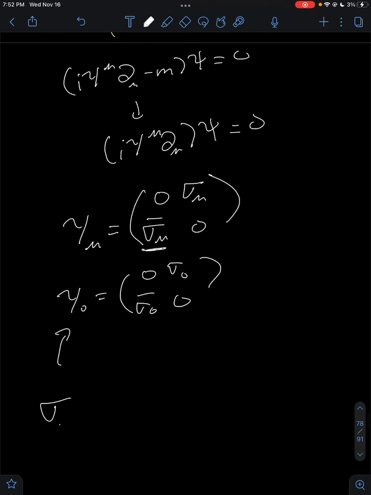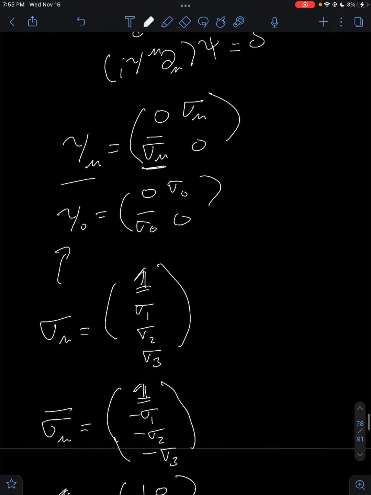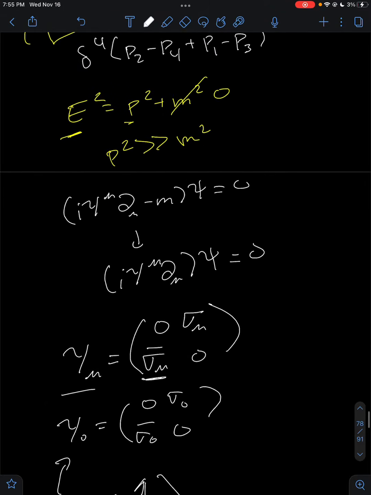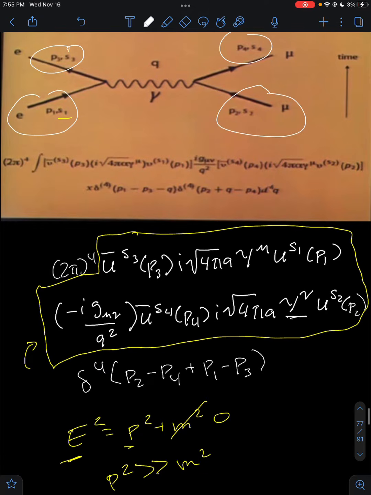So sigma mu is going to be equal to 1, sigma 1, sigma 2, sigma 3, and then sigma bar mu is going to be equal to 1, minus sigma 1, minus sigma 2, minus sigma 3. So by rewriting the gamma matrices in terms of the spin matrices and by using the high energy frame,